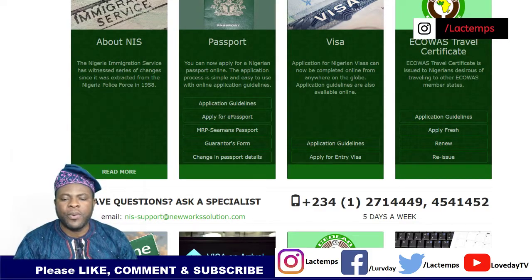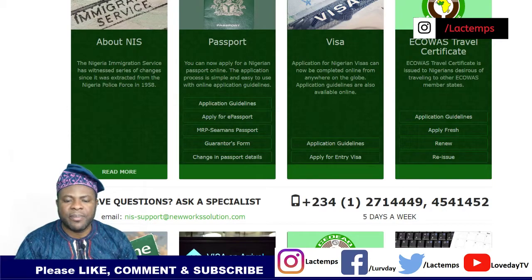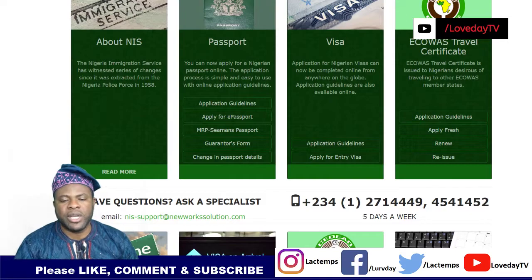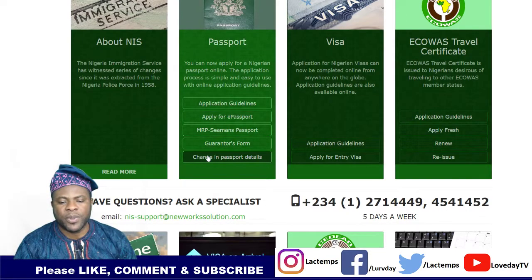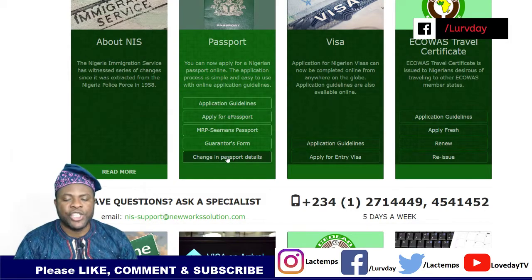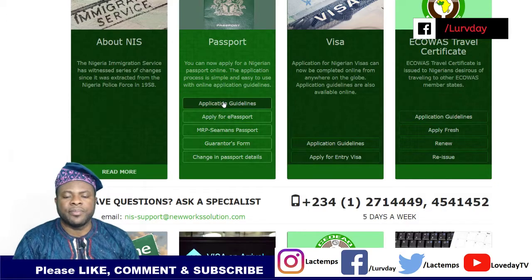Then for people who are changing any details in passport, like if you get married and you want to change from your maiden name to your marriage name, that's where you get the change of details for the ePassport down here. If you are divorced and you want to go back to your maiden name, you also get that here. So any change of name based on some criteria, well,